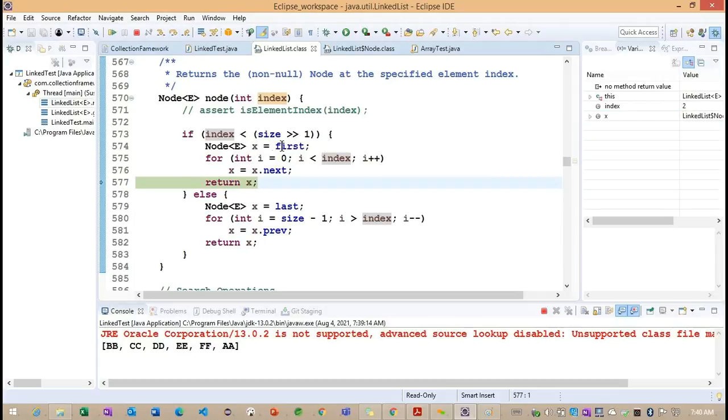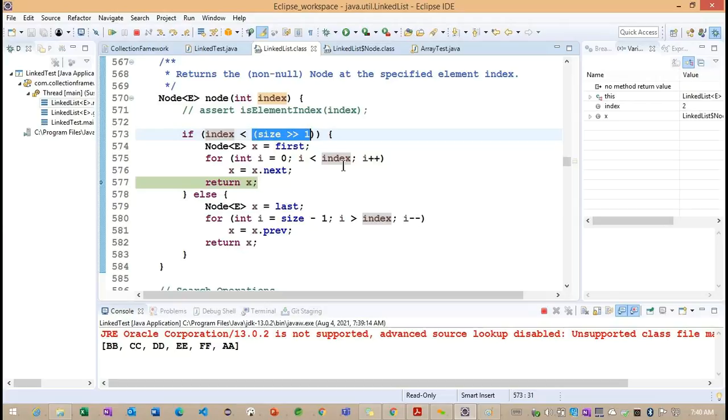Basically here they are reducing the size. We need to focus on the bitwise operators, hexadecimal operators here. Based on this, the size is going to be checked.